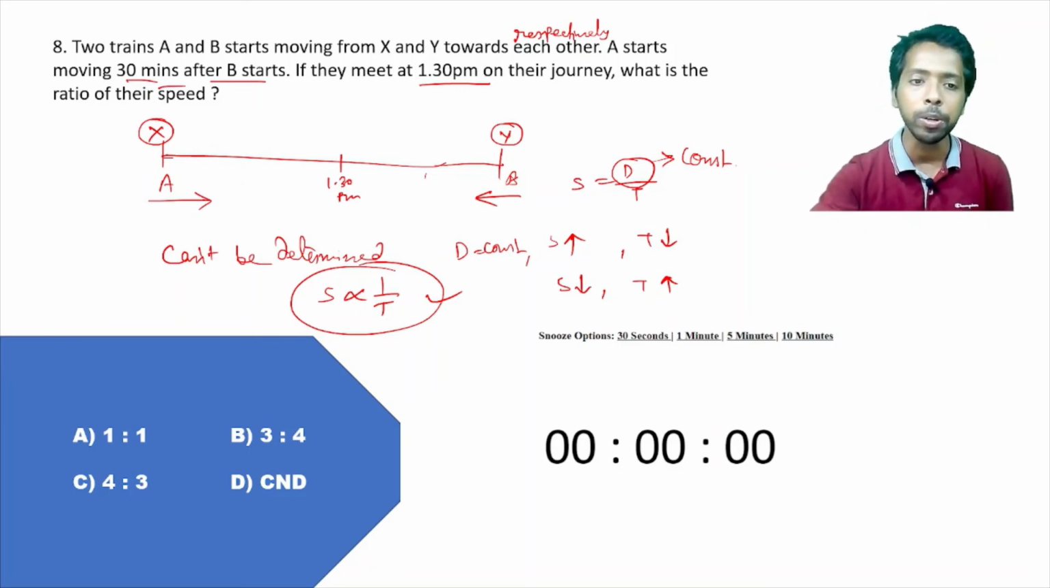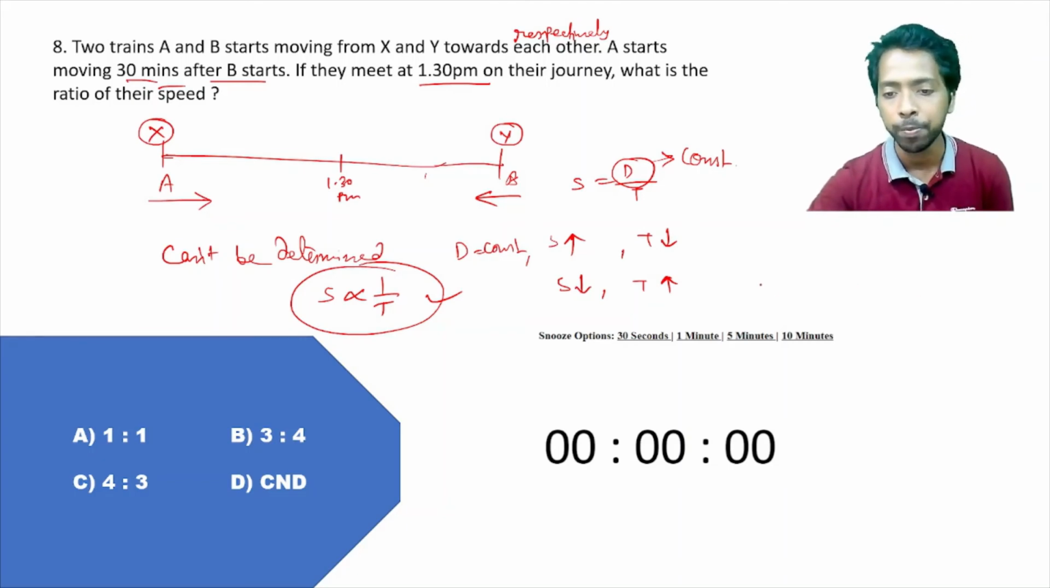Another important note, if it's saying that the two, A and B, started moving from X and Y respectively towards each other simultaneously. That means at the same time they have started their journey. Simultaneously, if they started their journey simultaneously